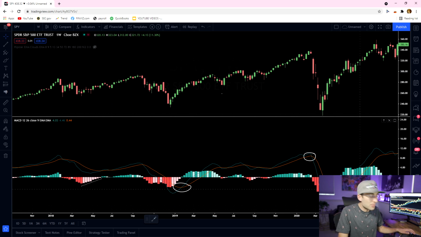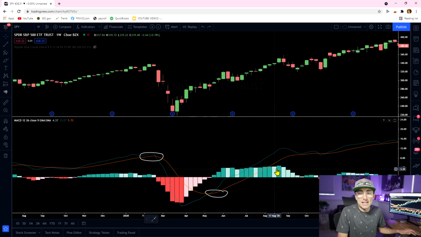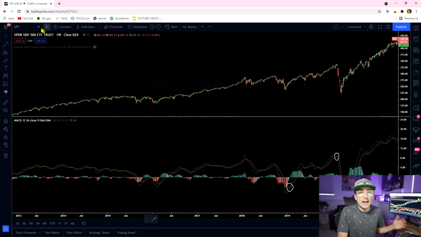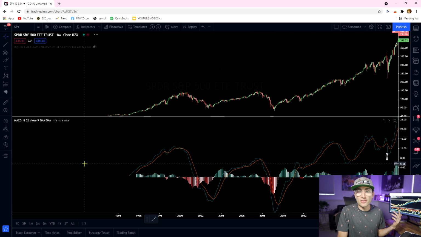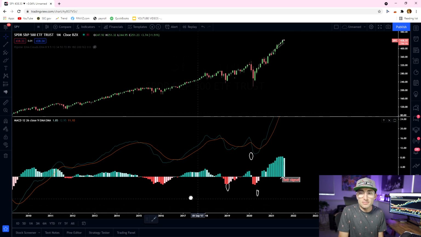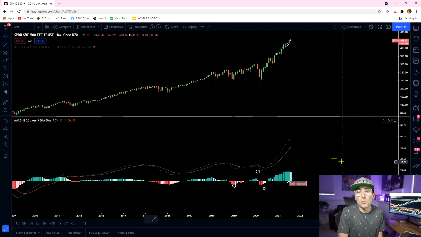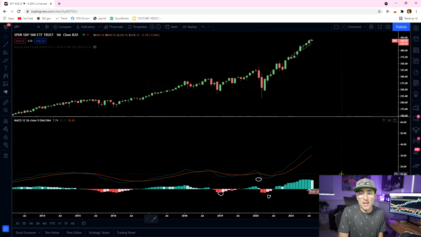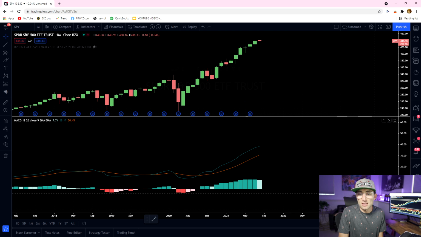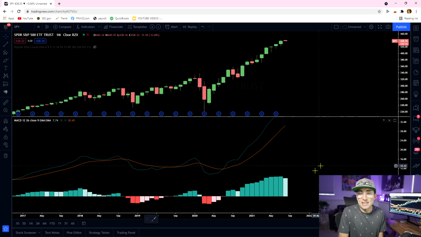So that's a basic overview. It's not too complicated. The higher time frames, the better. You can even go out to the monthly time frame, and you see the MACD just ripping on the SPY. So right now, look at the MACD. I'll just delete some of this stuff, but you can see we just went from dark green to light green